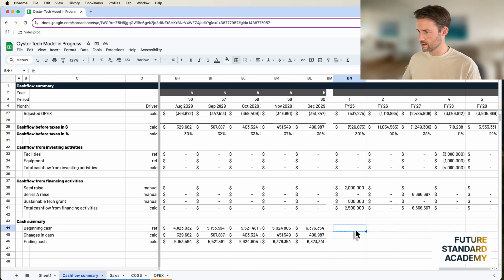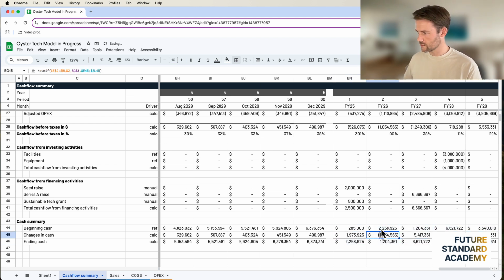Okay, and then this is kind of a little bit janky at the end here. I need to redo this. Bring that over. Bring that over. The last check you can do here to make sure that you've done all these calculations right is that this number here should equal that number there in bold, and they do. So that means I've made no keystroke mistakes, and actually everything is working as it should be.